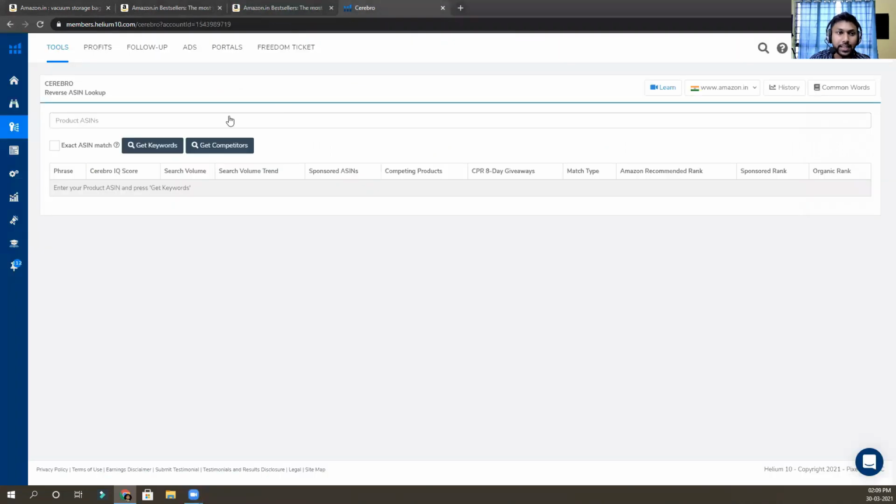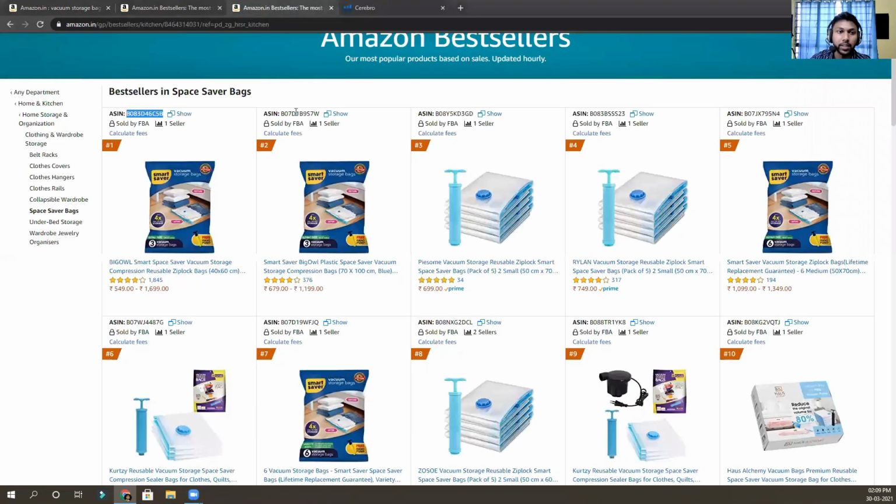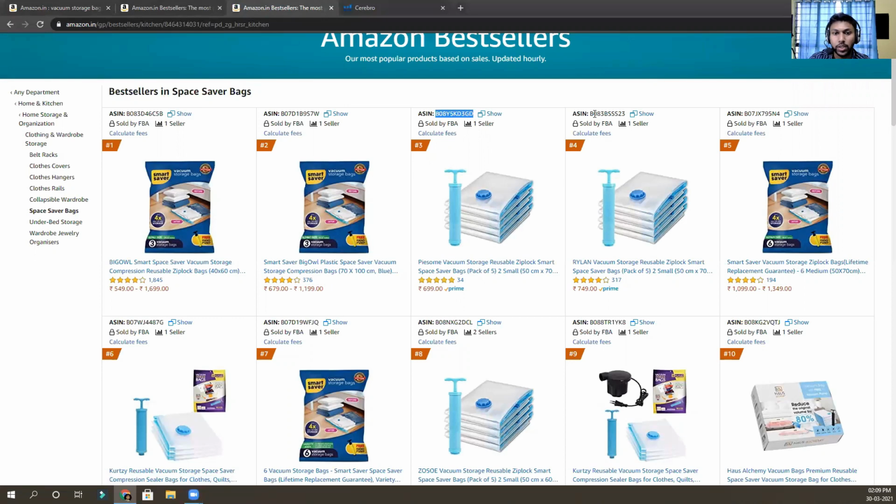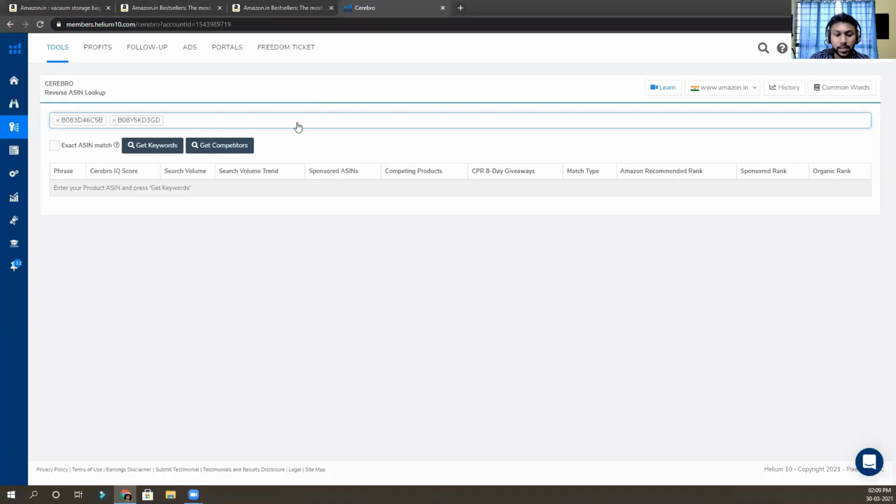I'll copy it, and in Cerebro, I'll go and paste it in Cerebro. This is a tool by Helium 10. Then this is from the same brand, so I'm not copying. Okay. Now this is the second one. Okay. Let's do it quickly. Okay. I'll copy 10.